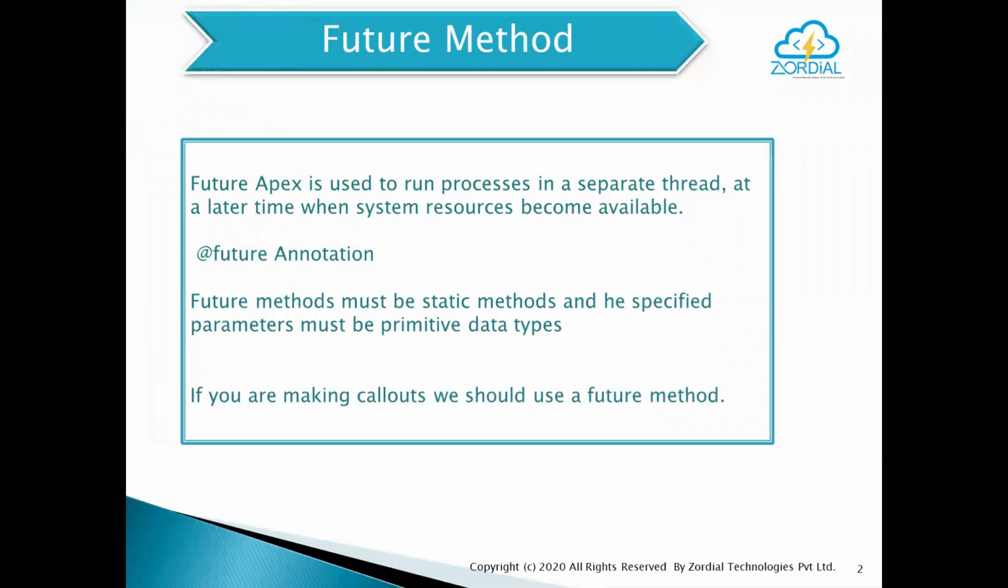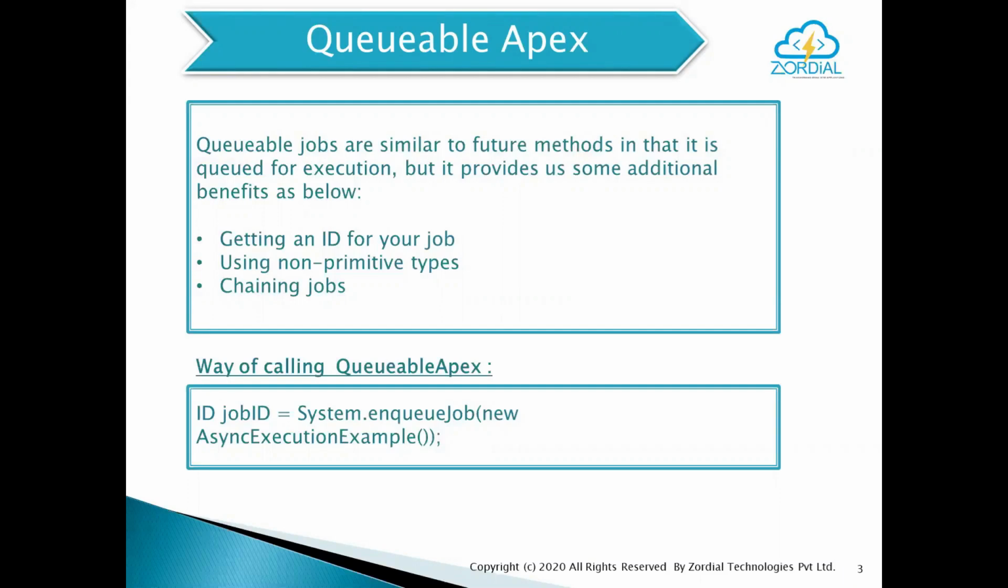Now the next one is queueable apex. We can understand queueable apex as more advanced than the future method. Queueable jobs are very similar to the future method, but they have some additional benefits that make them more advanced. For example, we can monitor them with a job ID, and we can also pass non-primitive parameters in this method,